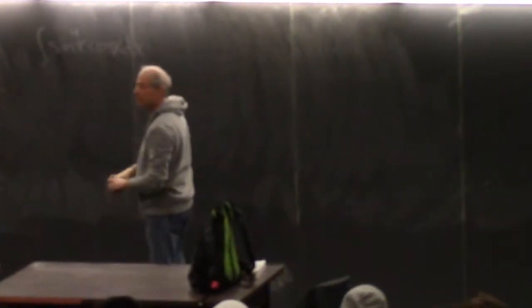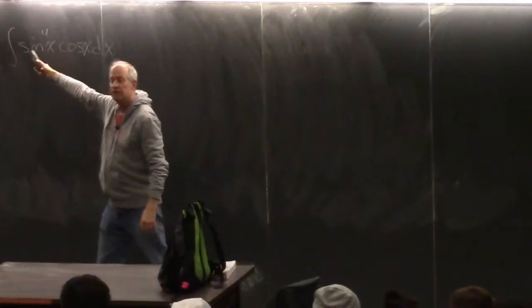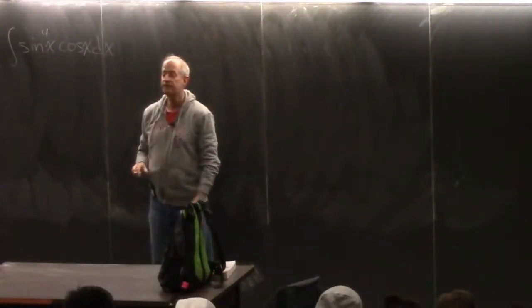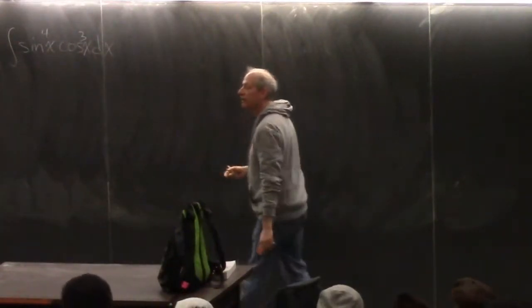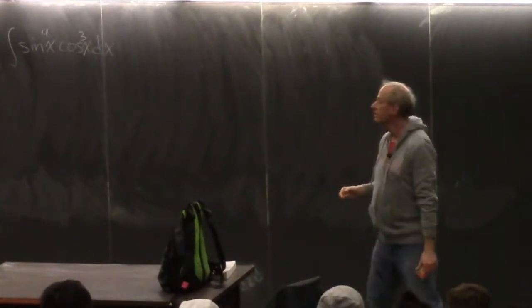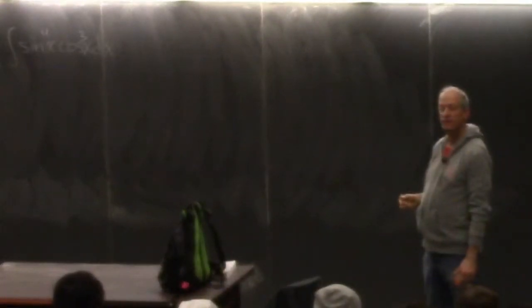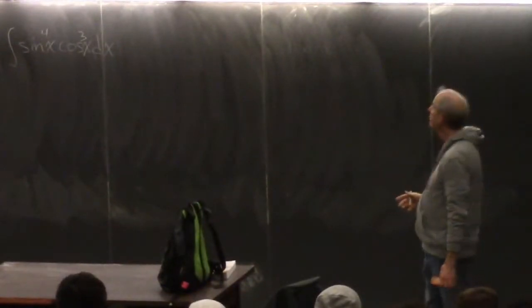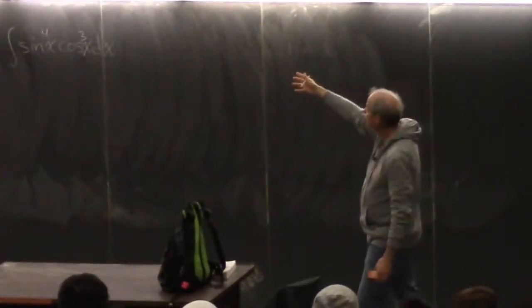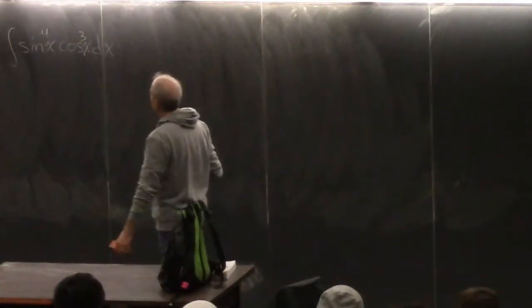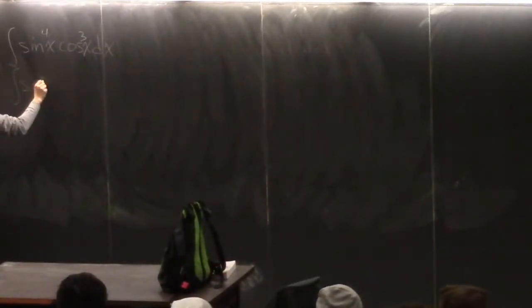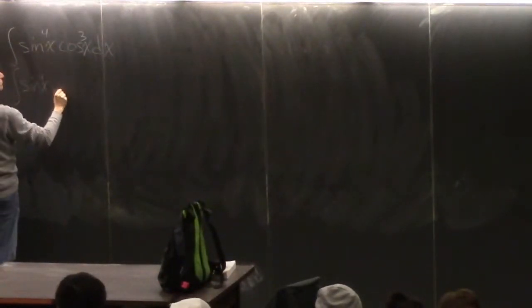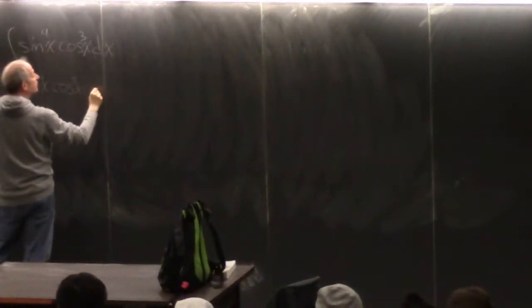So we did something like this already, where you said, I would just let u equal sine and du is cosine, right? We know how to do that. What if this was cosine cubed? Now, all of a sudden, it's annoying. Before, it was easy, because if it was just cosine, you had u was sine and du was cosine. Well, look at those. So leave the sine to the fourth alone, and break the cosine cubed into cosine squared times cosine.